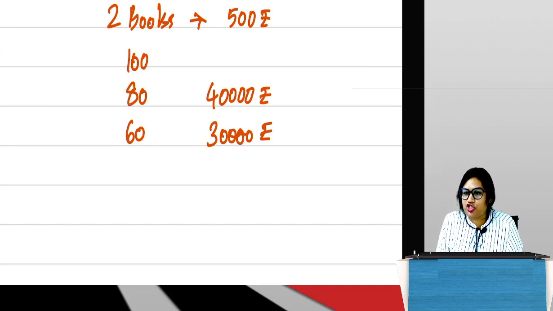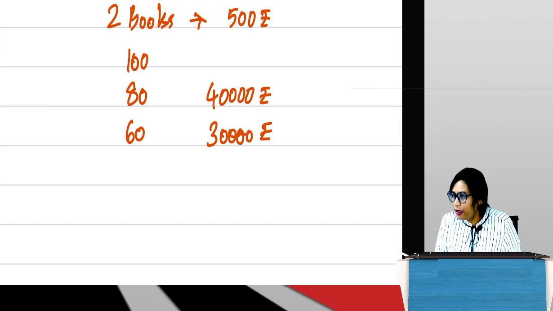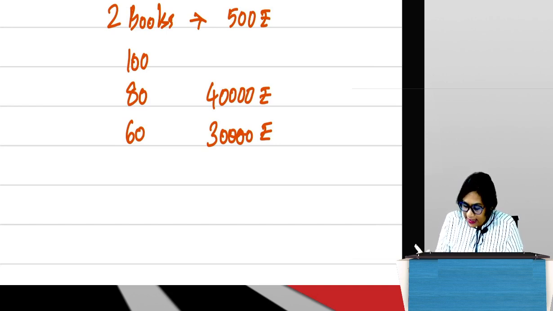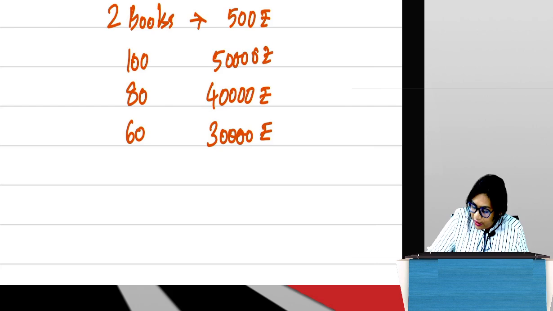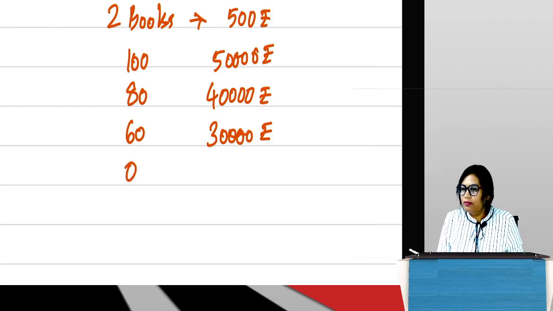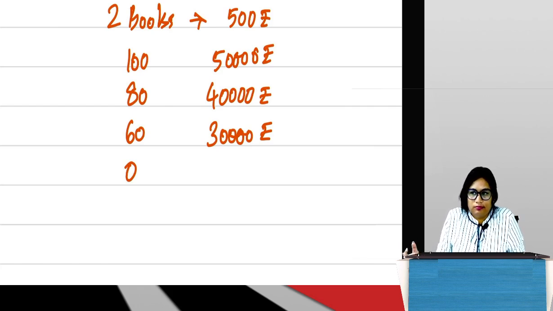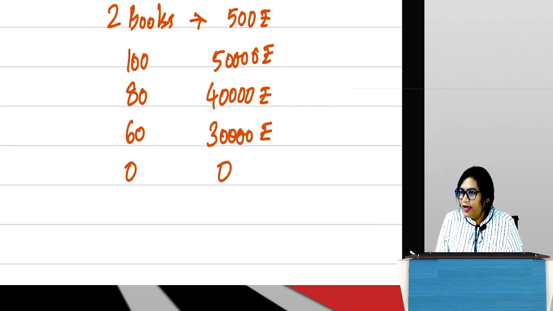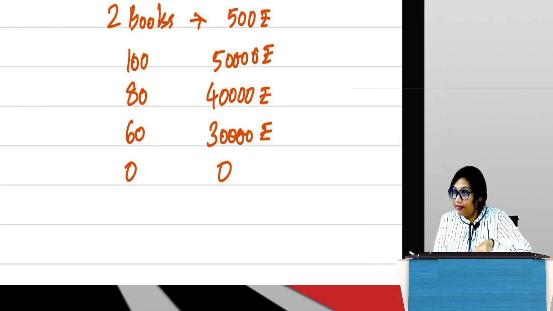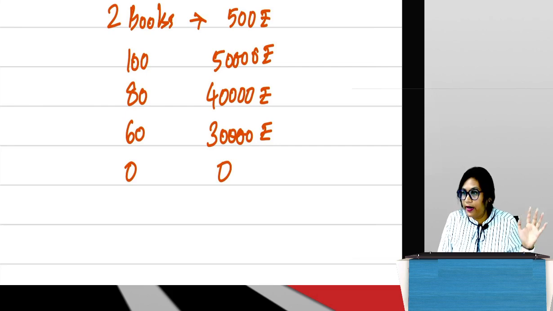So totally what is my cost of material? It will be 100 into 500. Yes, so it will be 50,000. Suppose 0 come. Nobody turns up. Then do I have to give material to anybody? So my cost will be 0. 0 into 500 is 0. So guys, what is happening here? As output is changing, my total variable cost is also changing. Yes or no? So variable cost is completely dependent on output.